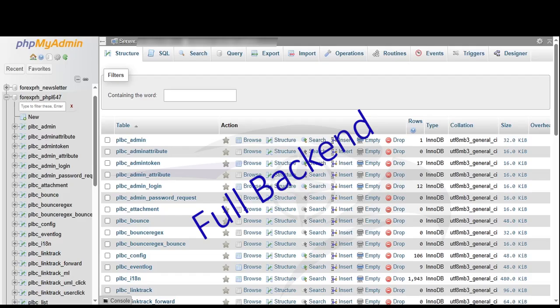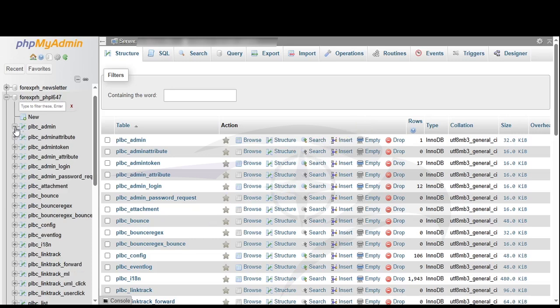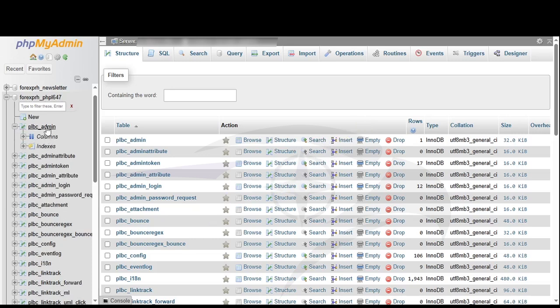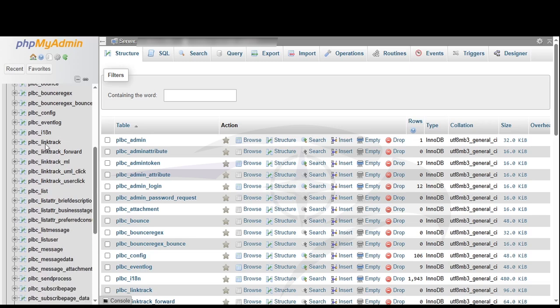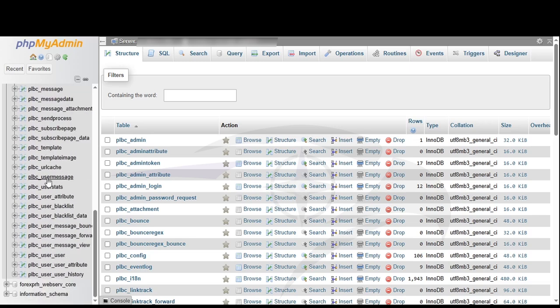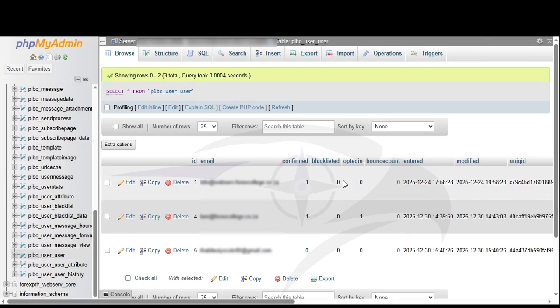On the back end, the mailing list is stored in a dedicated table. Each column has a clear purpose: identifiers, contact information, status, and timestamps. This structure allows the system to stay fast, organized, and easy to maintain as the list grows.